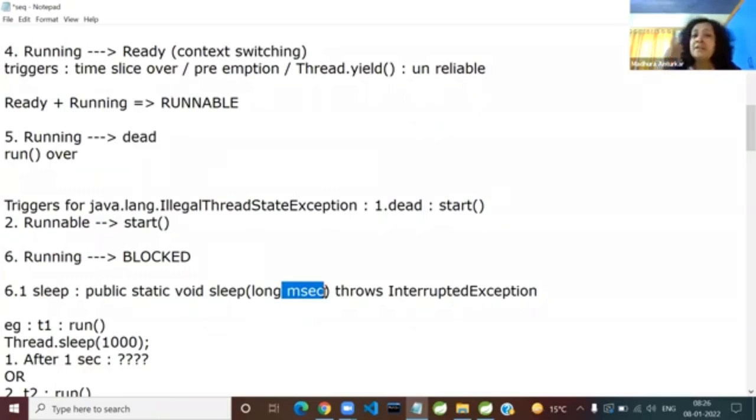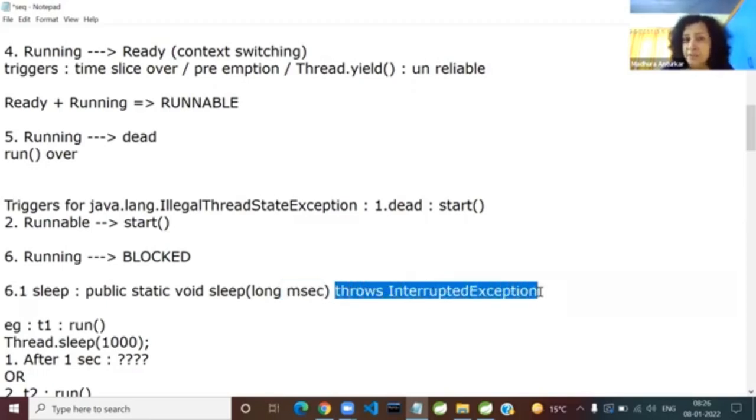If you open the Thread class, there is an overloaded sleep method, which takes long milliseconds and long nanoseconds. But guys, unless you are using an RTOS, real-time operating systems like SpectraWorks, VxWorks and all that, you cannot achieve nanosecond precision. So for all practical purposes, we use sleep in milliseconds. Okay, so the moment you see InterruptedException in the throws clause,